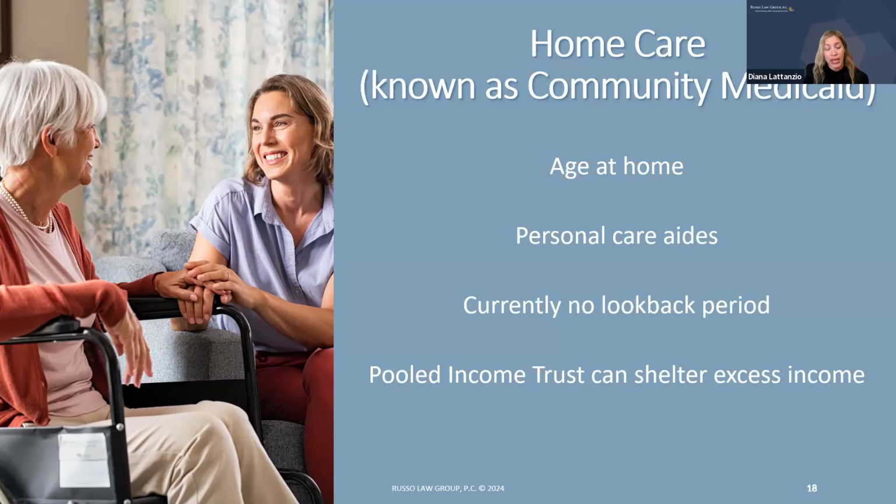We did go over the income allowance that you're allowed to keep of $1,732. If you have more than that in income, which most people do, there is a way to also shelter any excess income, and that's through what's called a pooled income trust, which is run by charities. There are 22 licensed in New York. So even if you have over $1,732 in income, you can still qualify for this program, get the services you need, and keep any excess income so that you can afford to still live in the community in your home.